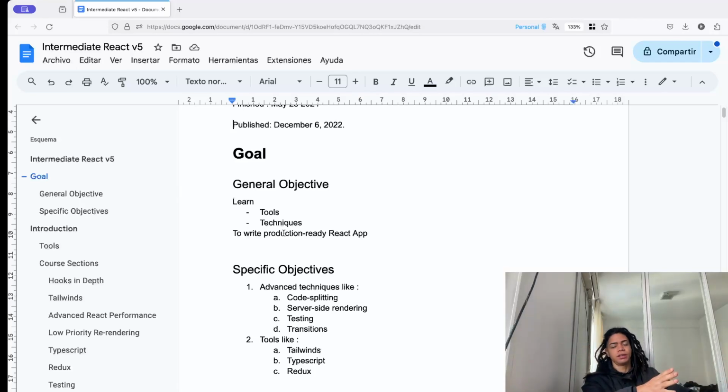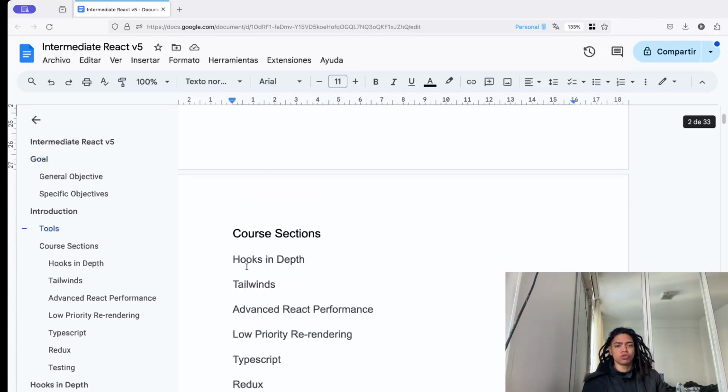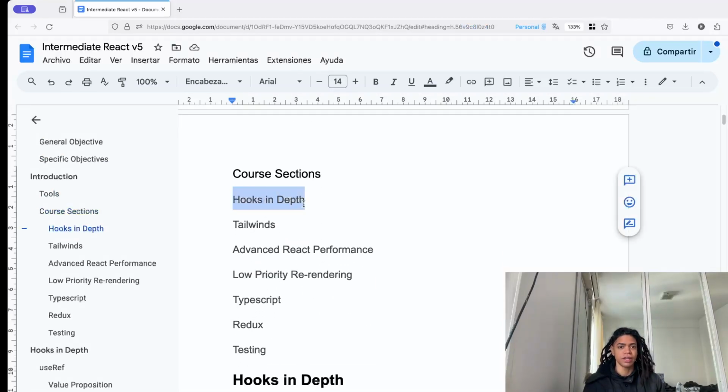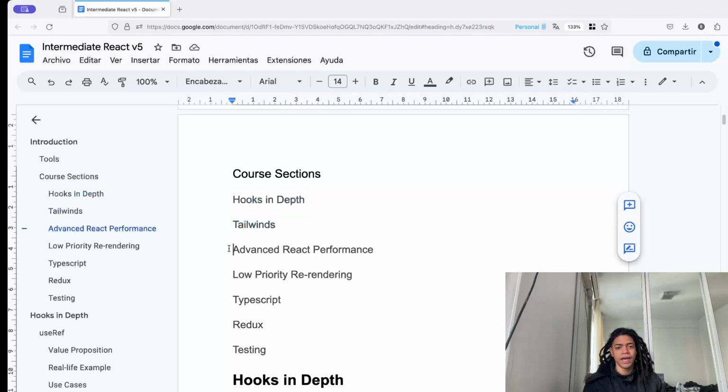Okay, techniques and tools like Tailwind, TypeScript, and Redux. So far we have looked at hooks in depth, Tailwind's advanced React performance, part of these techniques that I mentioned before, such as